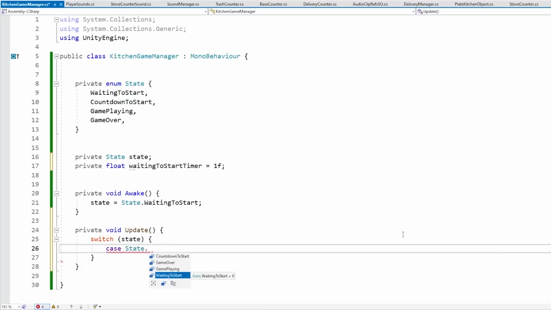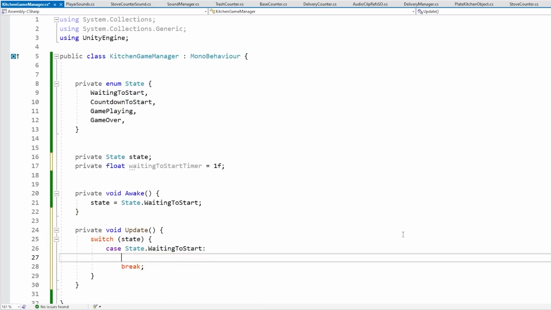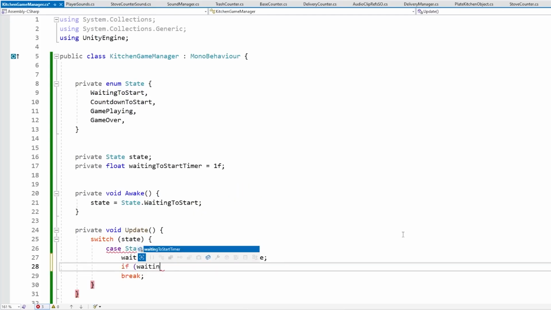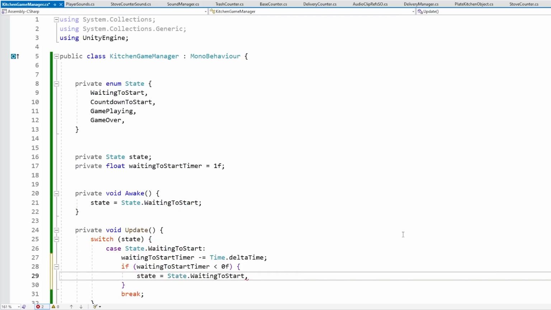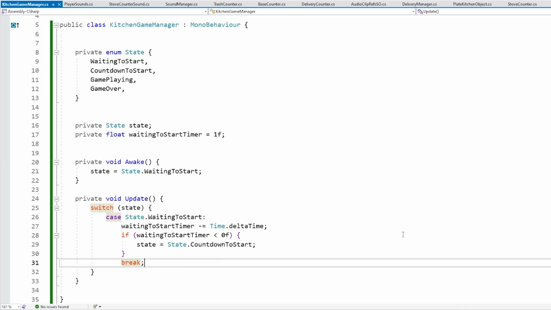In case we are on state.waiting to start, let's go into the waiting to start timer and count it down by Time.deltaTime. Then if the waiting to start timer is under 0, let's move into the state equals State.CountdownToStart. Okay, so that's it, and the other states are going to be pretty much exactly the same, so let's just